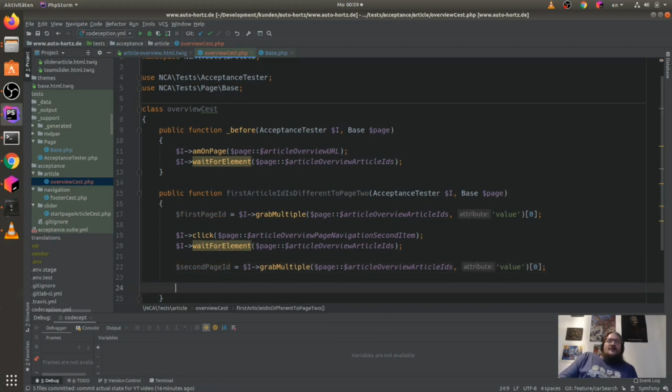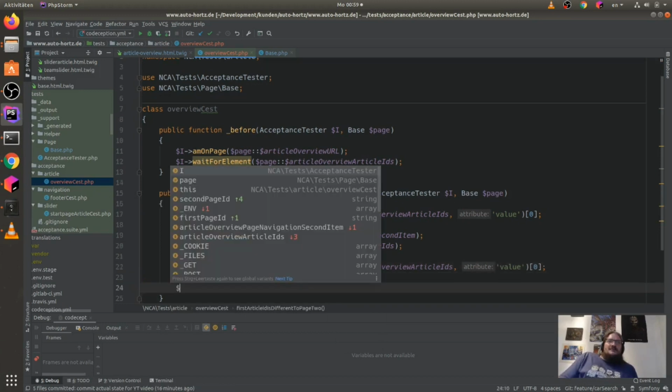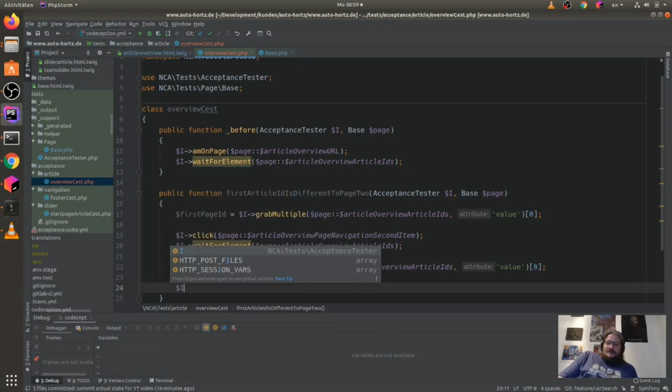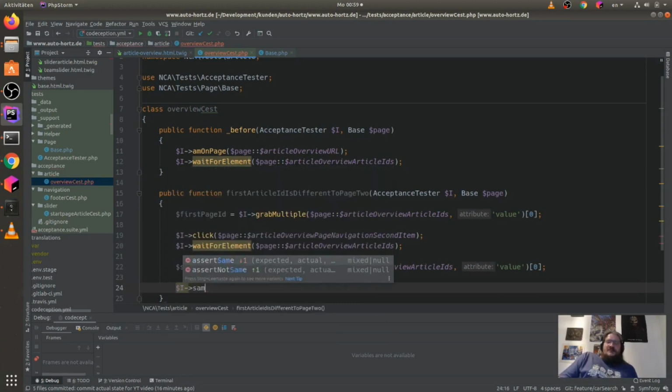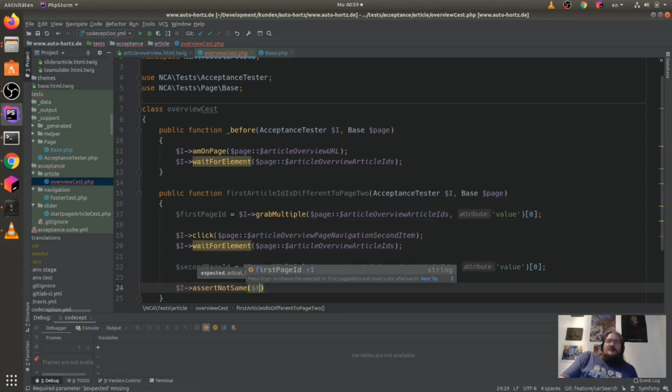And now I can say, not same. I think it's not same. Expected is a dollar first. We have to validate that these are IDs.